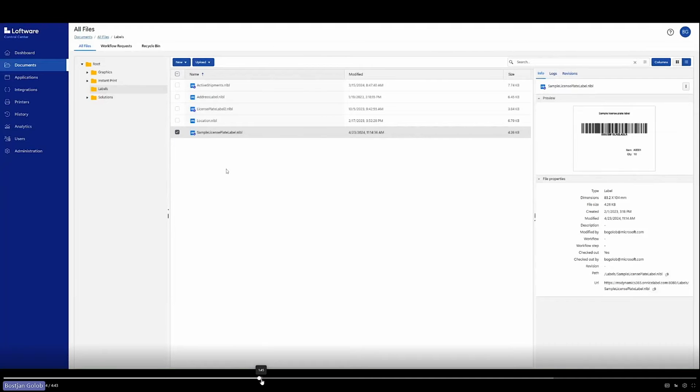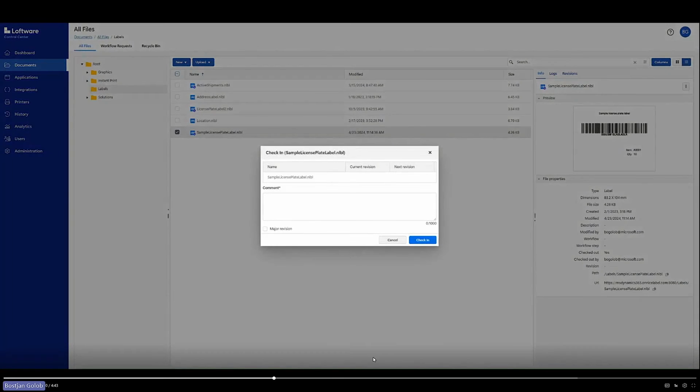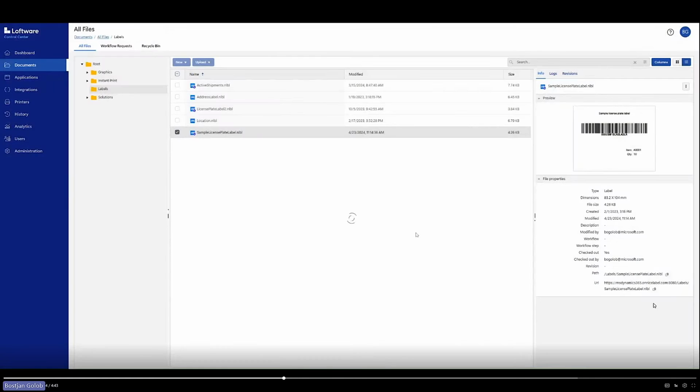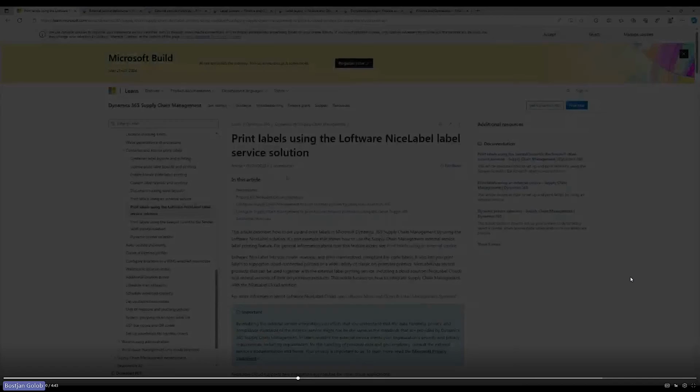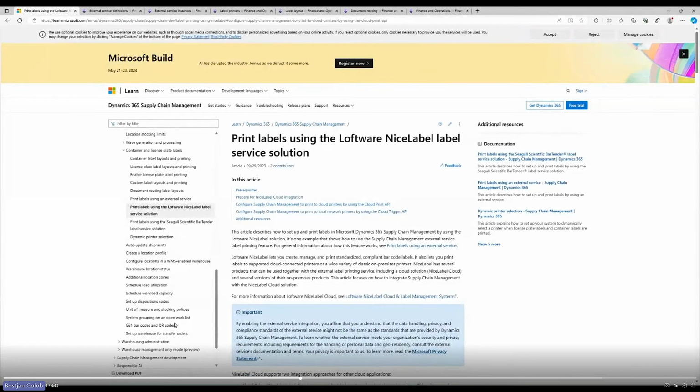The last thing that we need to do here is, again, I talked about those compliance aspects, so we'll just check in this change. And as the last thing, we will note this path here because we will also need it when we do the setup later. Okay, changing gears and going over to the F&O side of the setup,